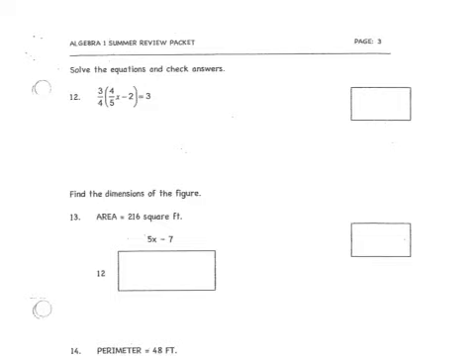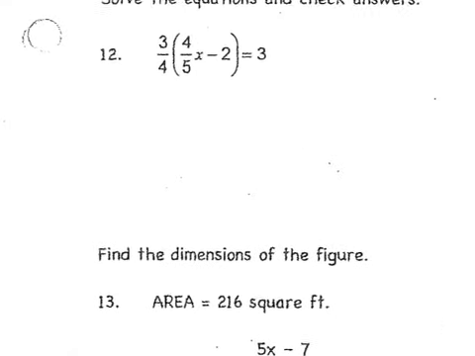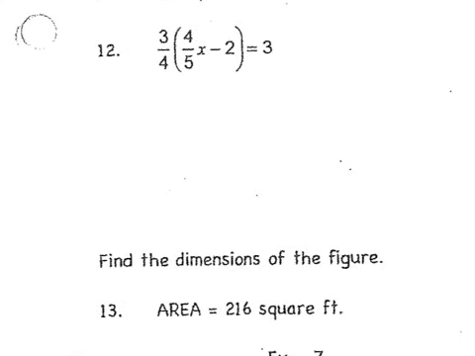So this is part 2 or page 3 of the Algebra Extra Credit Packet. And we're on problem 12, which is an equation that we have to solve. So what you do is you distribute the 3/4, and when you multiply the fractions, you go straight across. So you get 3 times 4 for 12, and then 4 times 5 on the bottom for 20,